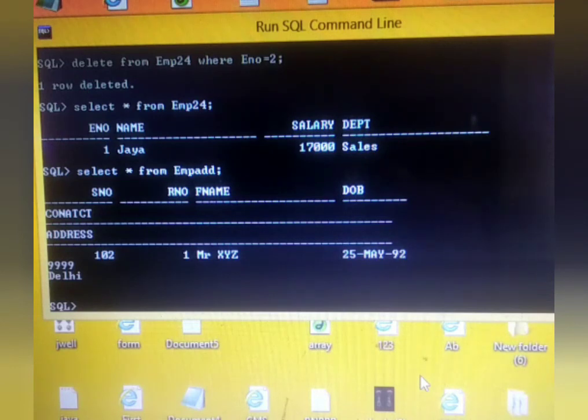Right? So we have seen in today's session how to create the constraints, and how to create a foreign key with references in both the tables. We have also come to know that if we are deleting a record from the first table which has the same record in the second table, it will not delete it. And if we are deleting it from the second table, it will delete it. So keep practicing with these concepts.